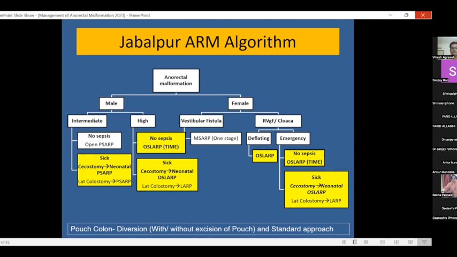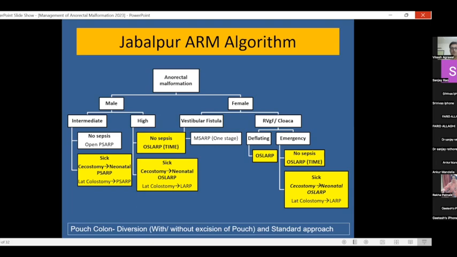No need of laparoscopic pull-through. And there are certain patients, still we have not given up with the colostomy. So we do a lateralized colostomy, as I said, not a left iliac fossa colostomy. In high anorectal malformation, if there is no sepsis on laparoscopy, there is no NEC, we straight away go for OSLAR, that is using time technique. But if the baby is sick, then we go for blowhole cecostomy, a delayed primary pull-through, and still there is a large group of patients where we go for the traditional approach of colostomy and LAR.